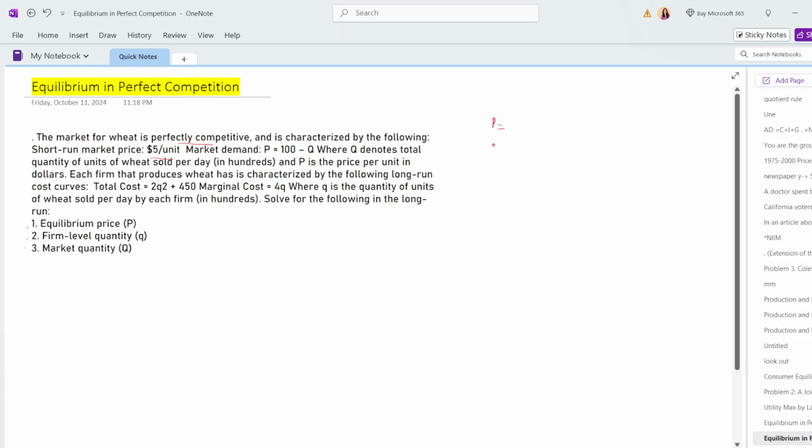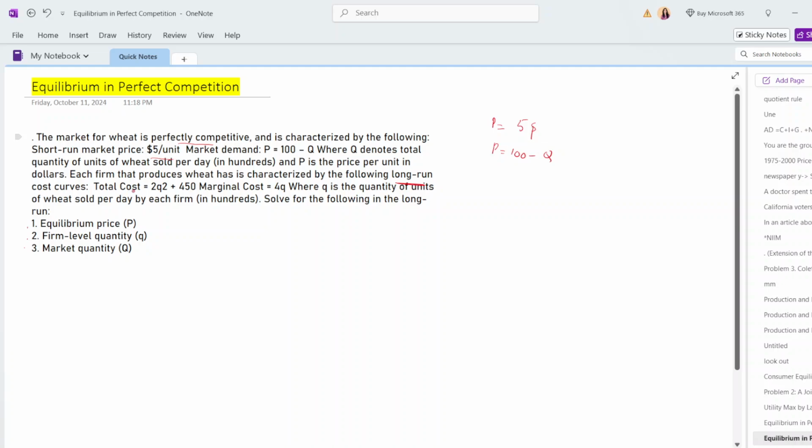5. So whenever you get a question like this, try to break it down into steps. Try to write down whatever information is given to you first, and then go into answering these questions. So now we have short-run price, which is $5. Market demand function is P = 100 minus Q. Q is total quantity sold, P is price, we already know that, and then we have total cost function in